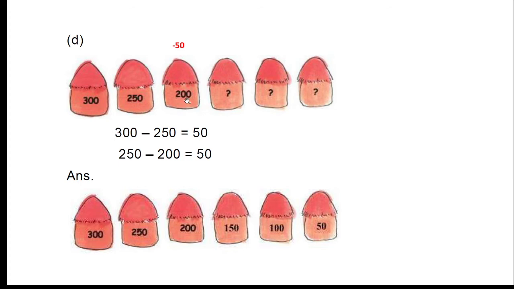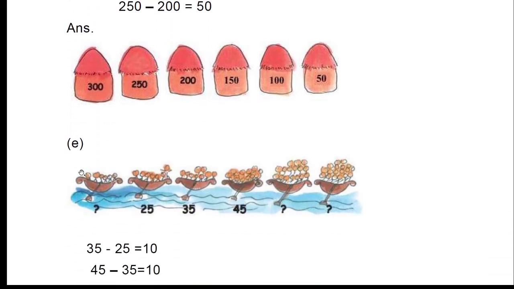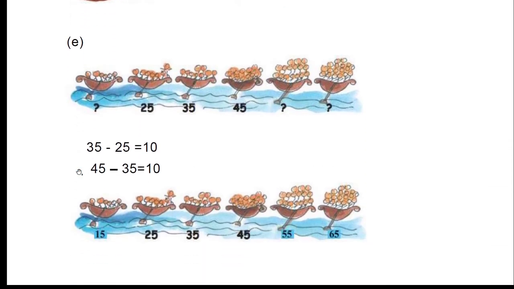Okay, so 200 minus 50 equals 150. 150 minus 50 equals 100. In the same way you have to continue the pattern. Moving to the next question. So this one is your E part. Here you can see